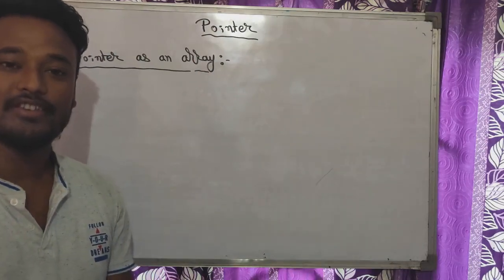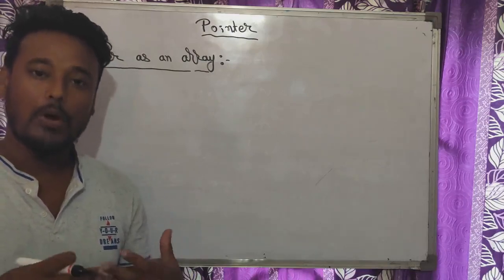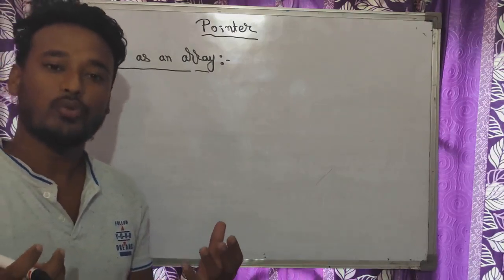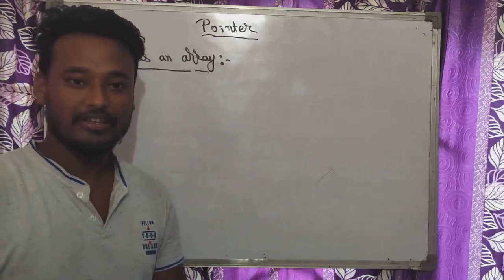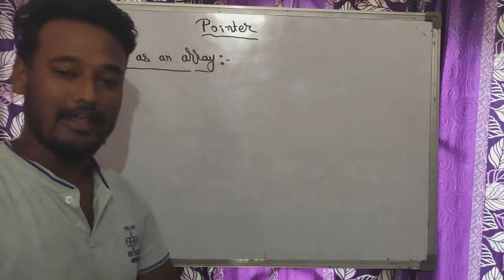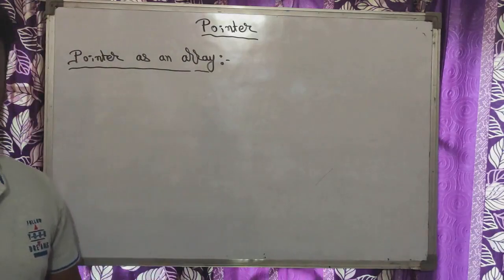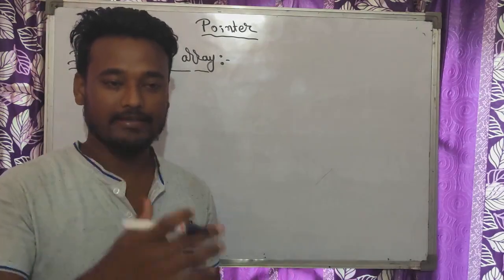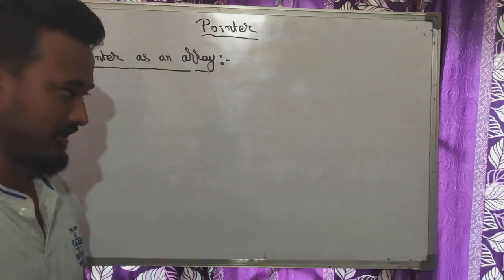So in the previous classes we have seen how we can declare a pointer variable, then how we can assign the value to a pointer variable, okay? And of course we have seen some programming also based on these pointers, okay? So especially in today's class we are going to focus on pointers as an array, okay? So before I proceed with this pointer as an array, let me quickly revise what we have learned in previous classes, as some of the students are still having confusion in the part of pointer arithmetic, okay?